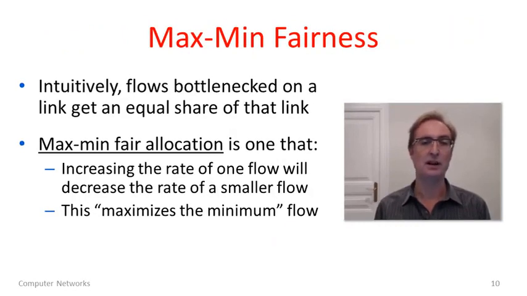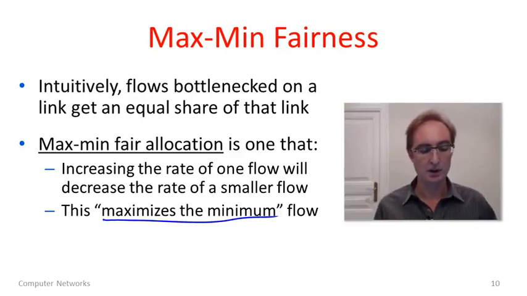And the more general allocation that's going to give us equal use by flows at the different bottlenecks is something called max-min allocation, a max-min fair allocation. It's going to be an allocation that maximizes the minimum that flows get. This is why it's called max-min. Now, intuitively, to generalize our equal per flow allocation, we could describe it in this way. All flows that are bottlenecked at a particular place in the network should get an equal share of that bottleneck link. That's what our max-min allocation is.